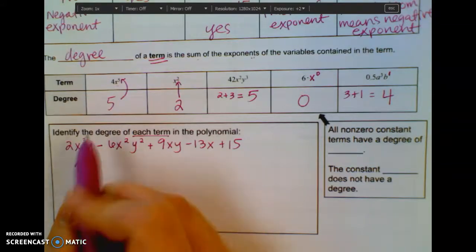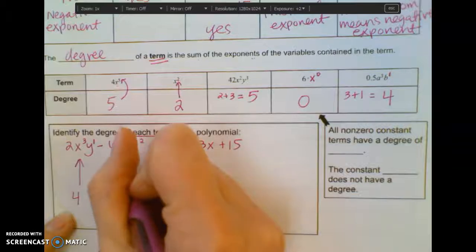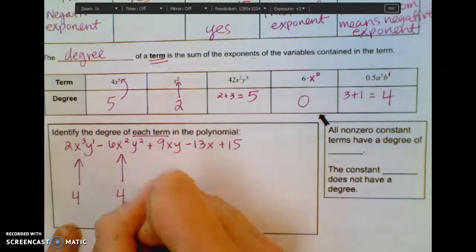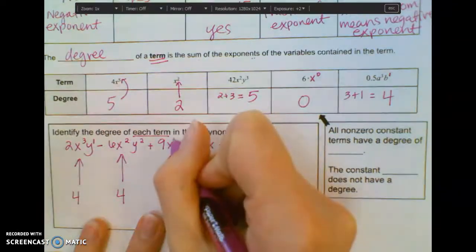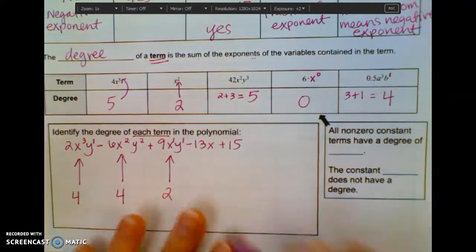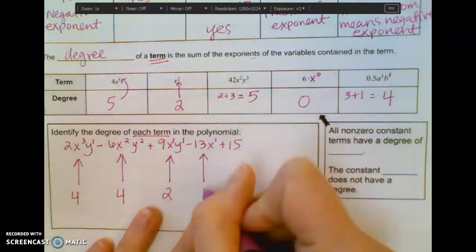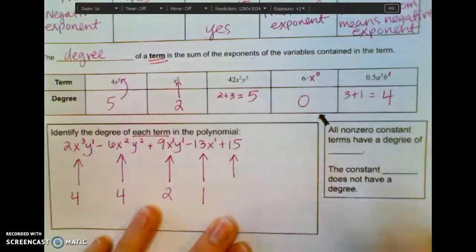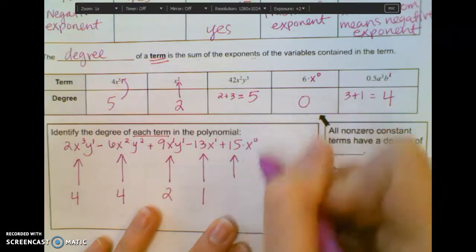So this is x cubed, that's y to the first. So the 3 plus 1 gives me degree 4. Next term, I see x squared, y squared. The 2 plus 2 gives me degree 4. 9xy. This is x to the first, y to the first. So the 1 plus 1 gives me a degree of 2. Then we have 13x. That x has an exponent of 1, which gives me a degree of 1. And 15, we know that's the same as 15 times x to the 0, so we have a degree